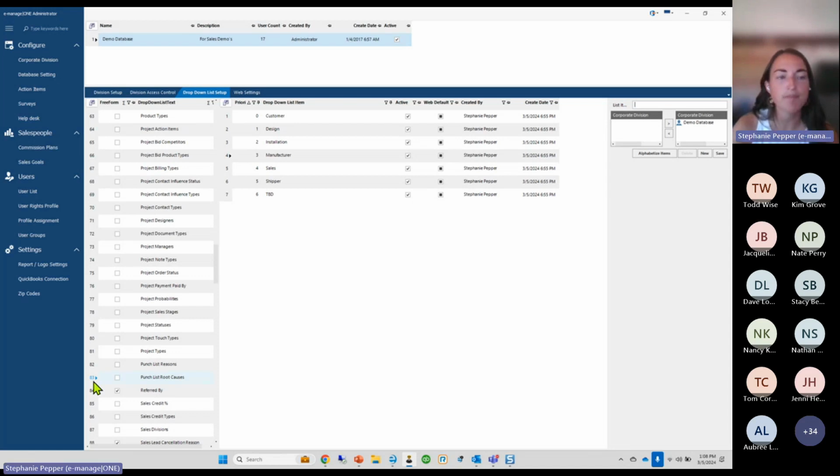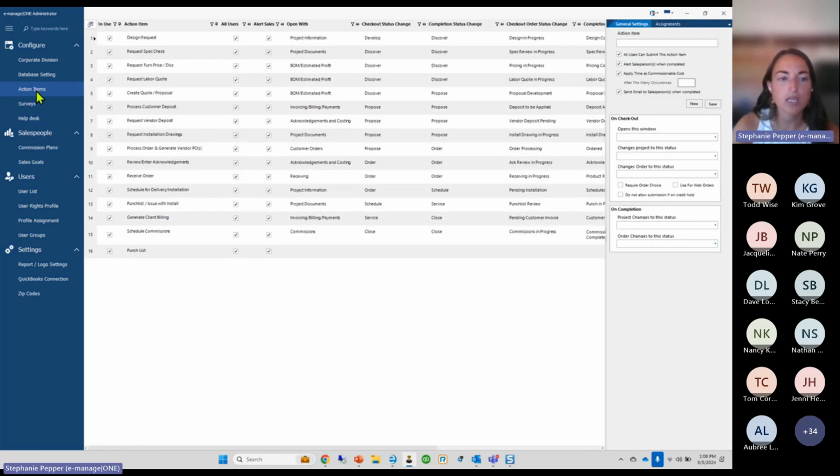Okay. The next setup that you're going to want to do is get in here and in your action item configuration. Okay, top left corner, you need to go in and configure those action items. What you're going to see is a punch list action item. If you don't see this in your action item list already,